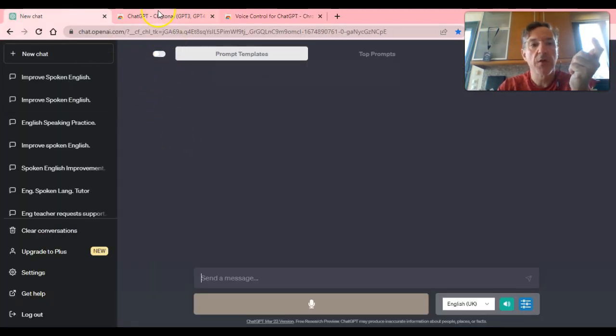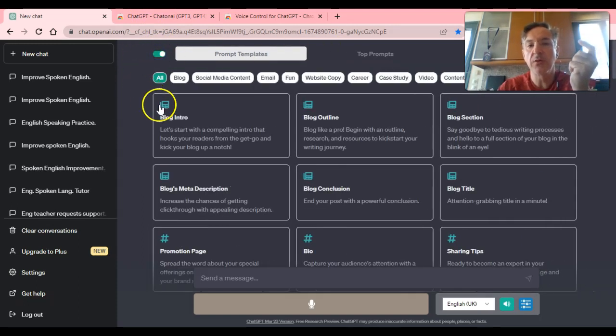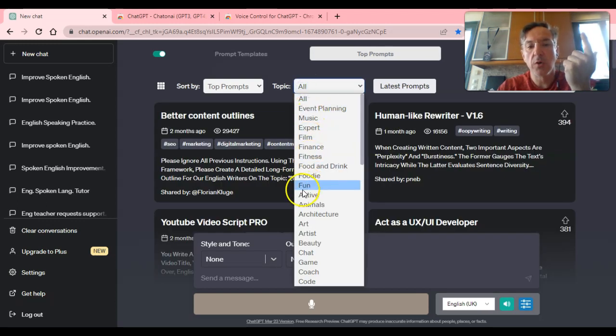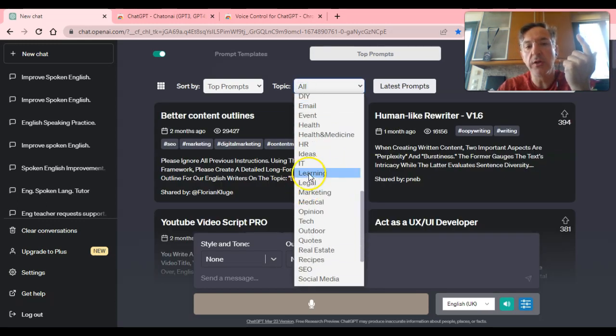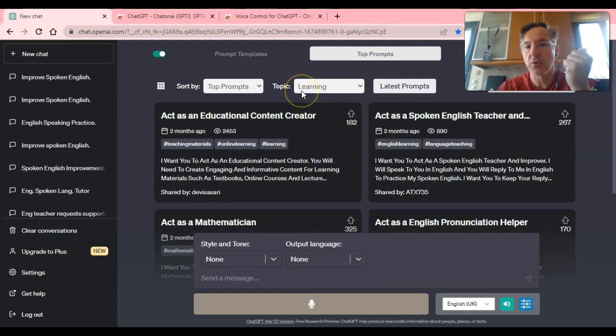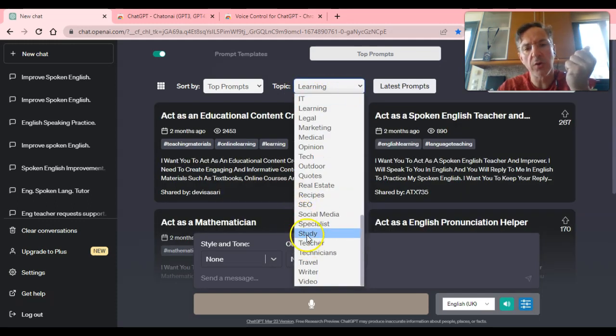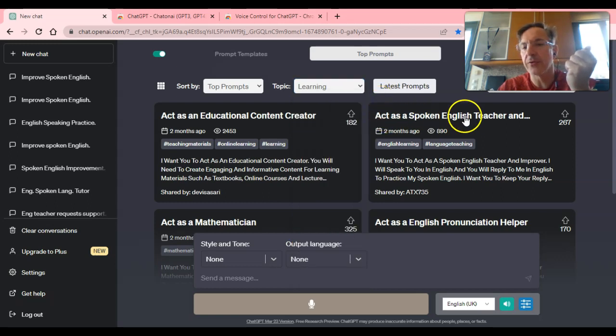Basically, the first one, Chat on AI, it just gives you a bunch of prompts. You can turn it on from here. You can go to top prompts. I like using two of the top prompts. One is the learning topic, which is great, and the other one is the teaching topic, which is okay too, which is really quite interesting. For instance, the learning, act as a spoken English teacher,